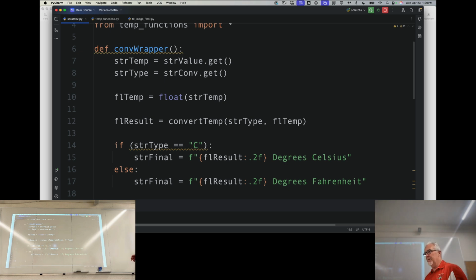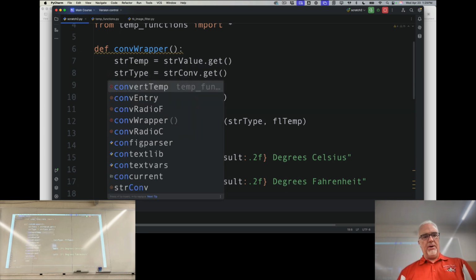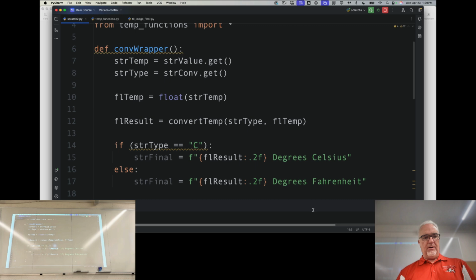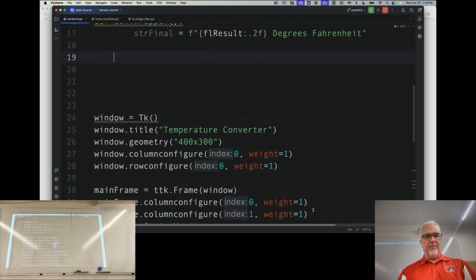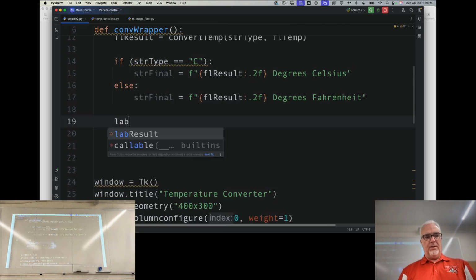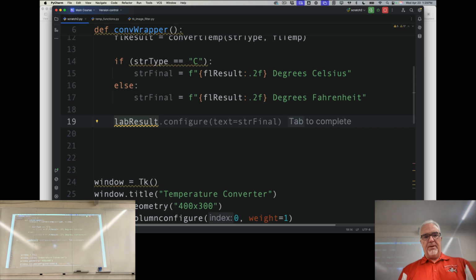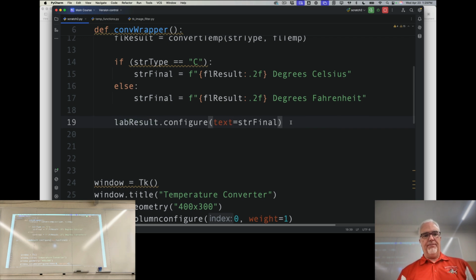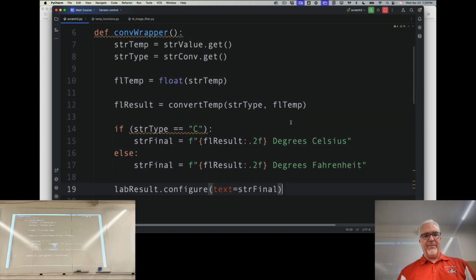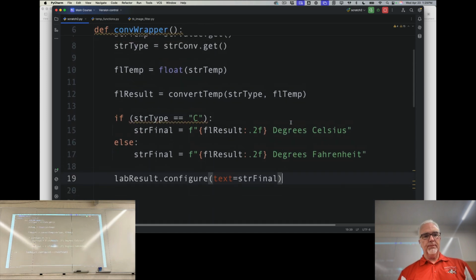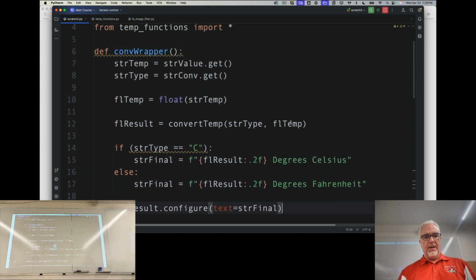And then the last thing I want to do in this wrapper function is update that label text. So I'm going to go, what did I call that label? Go down, label result, lab results, configure, and text equals str final. Now,